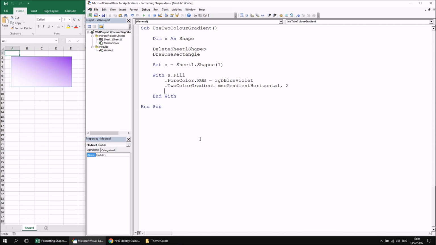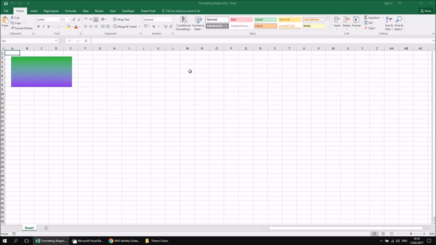So the two colours are both the fore colour and the back colour, and it is important which order you do this in, by the way. I'm making sure to set the back colour after I've set the gradient. So backColor.RGB equals, and let's go with RGB lime green. It was so beautiful and successful last time, so let's go with that. So having done that, if I were to run that subroutine, I'll end up with a purple to green fill